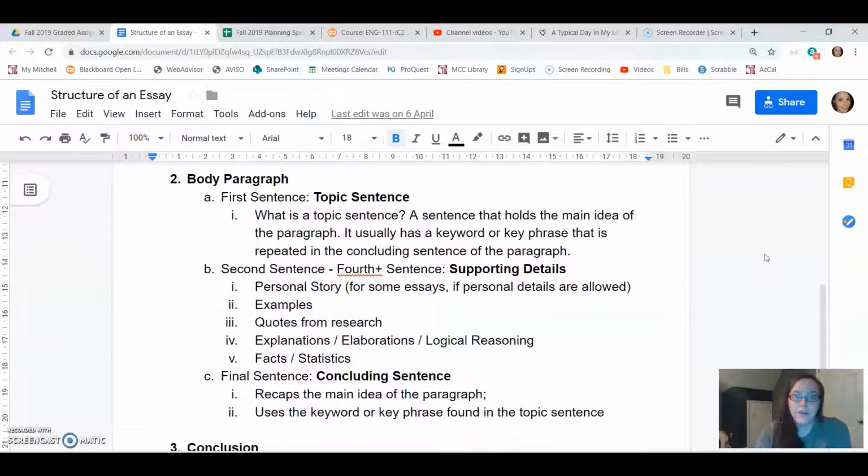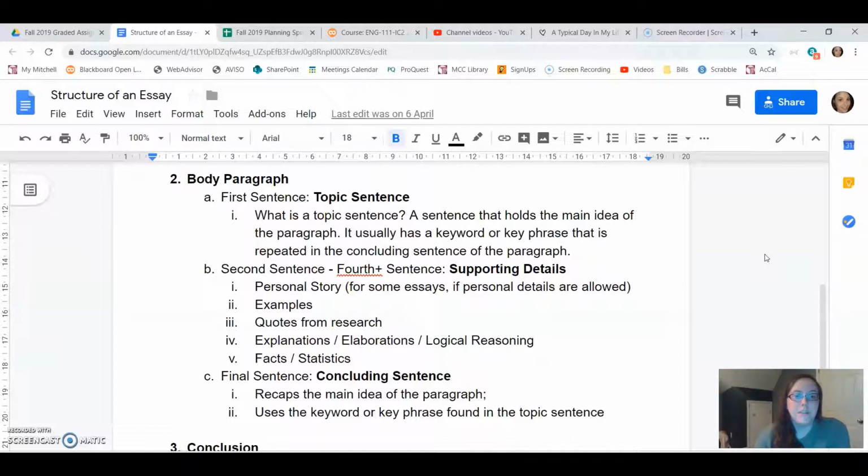So even though it's not following exactly and perfectly chronologically, each one of your body paragraphs has a focus where, again, you're focusing on what you do at home, what you do at school, and what you do at work. Remember, you do not have to work through your day chronologically. You just have to tell me what your typical day is like.